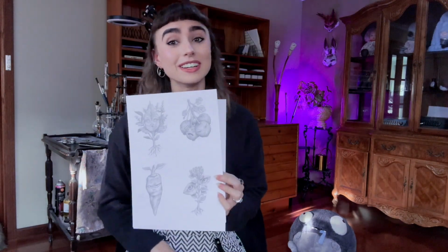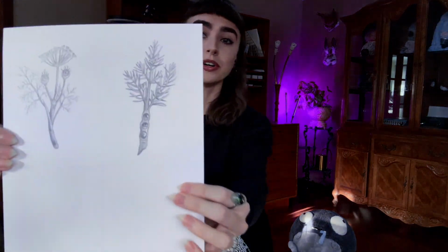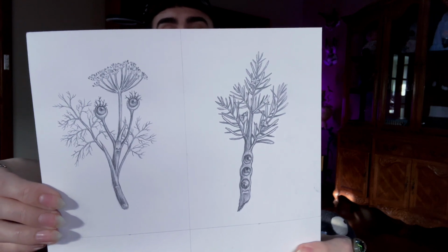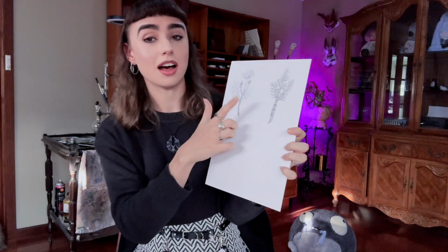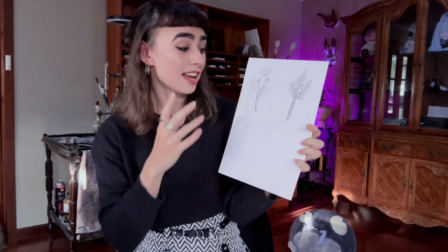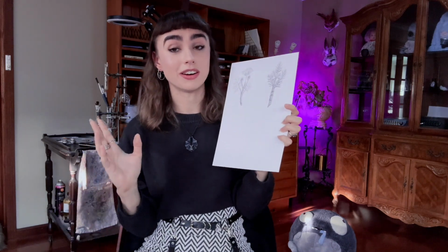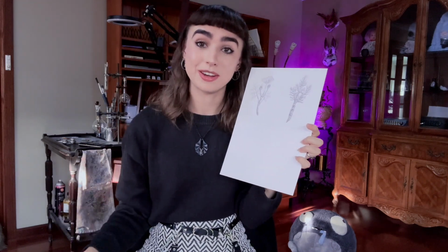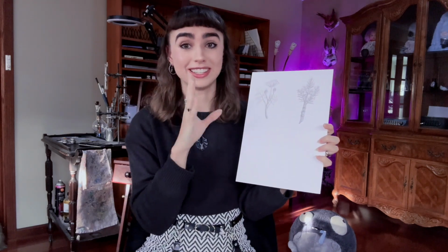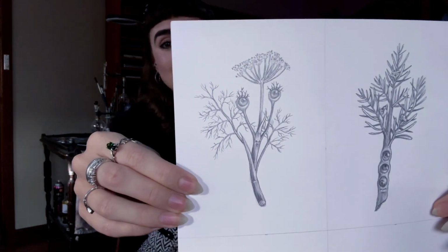We did another one, guys! Have a look at my rosemary, guys. That's what I came up with today. This one was quite tricky because I had to try to incorporate the eyes. I'm trying to incorporate the eyes differently every single time I'm doing one because I want it all to look super unique. So for dill, I ended up going for some little snail-styled eyes, as you can see,